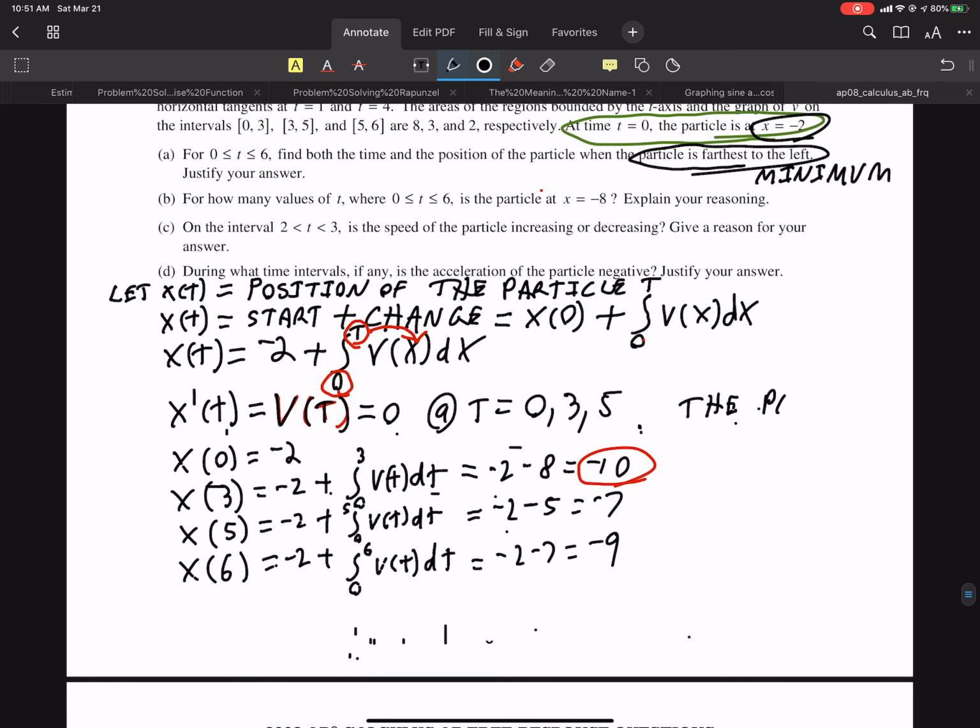So we need to state the particle is furthest to the left